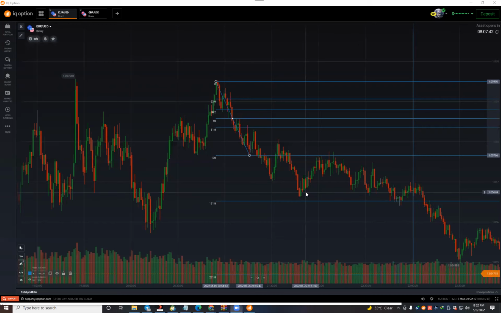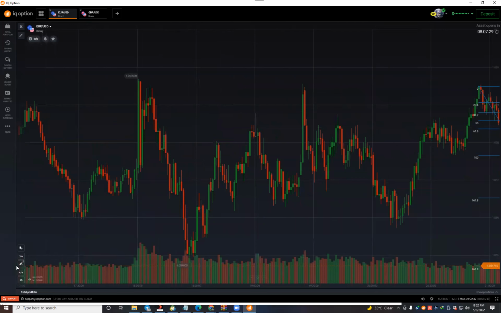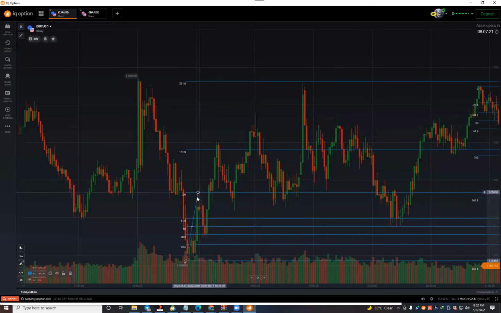Very rarely you will get trades with the Fibonacci because it's a 5-minute expiry. So you will not get trades frequently, but very rarely using this strategy you can trade. Here, for example, we draw this one and this one. Before there is this one line. See here, this point and this point and then this point. It's a pattern of the uptrend. 161.8 is breaking, you can trade from here.